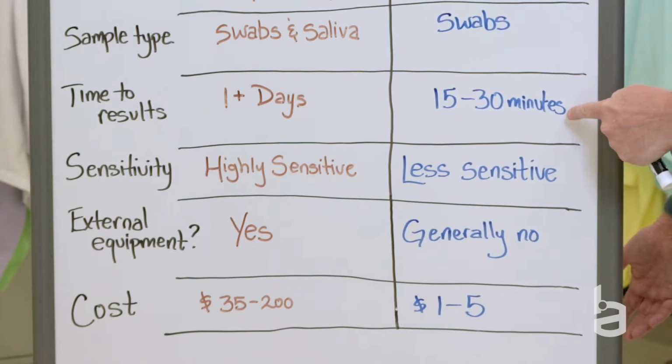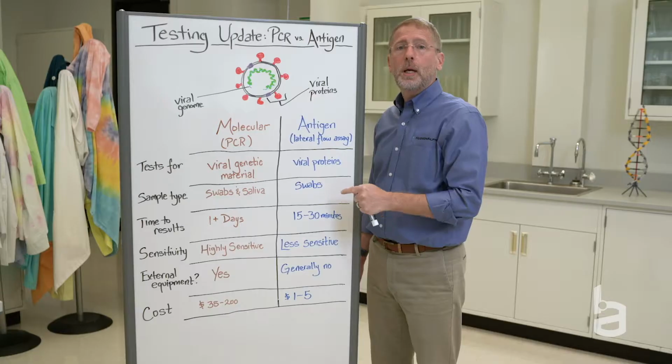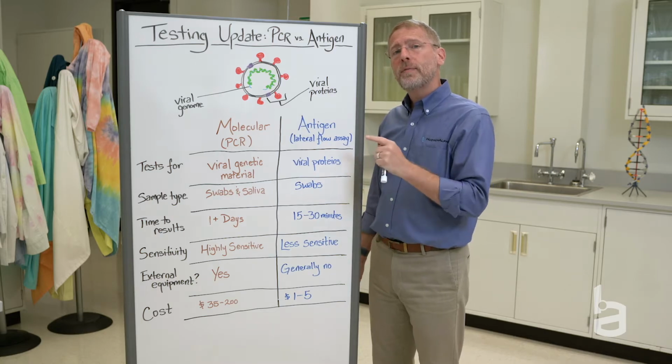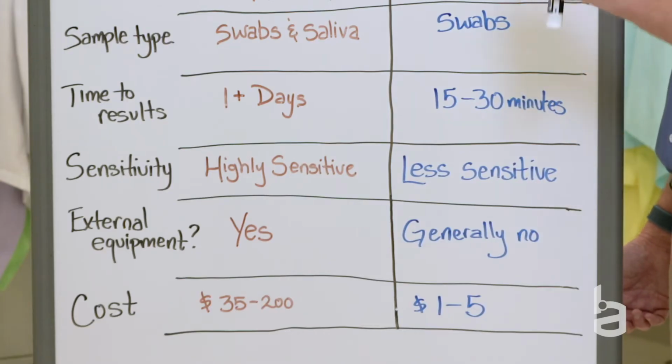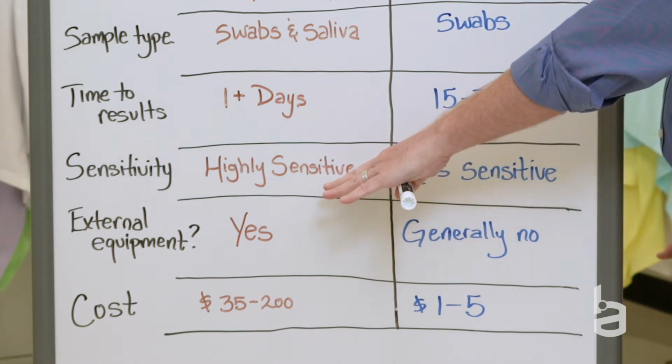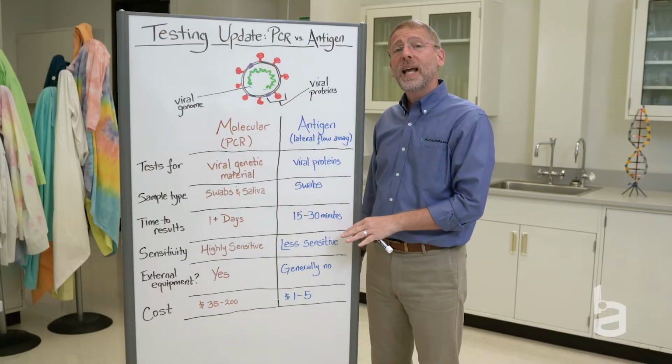All right, the antigen test: 15 to 30 minutes. That's a huge difference. But the trade-off for that quick result is it's less sensitive. You have to have a much higher amount of virus present. Not a few thousand copies of the genome, but you probably have to have tens of thousands or hundreds of thousands of copies of the virus